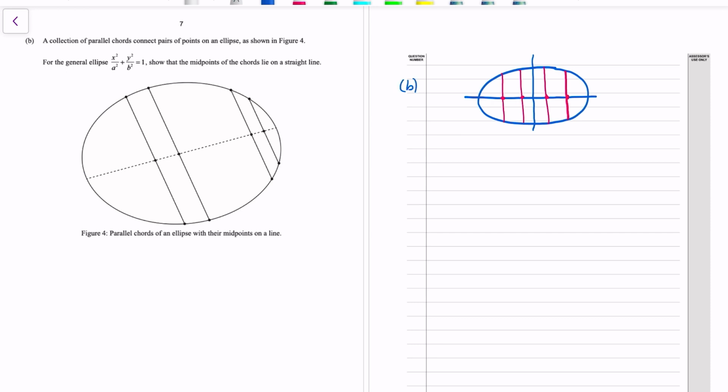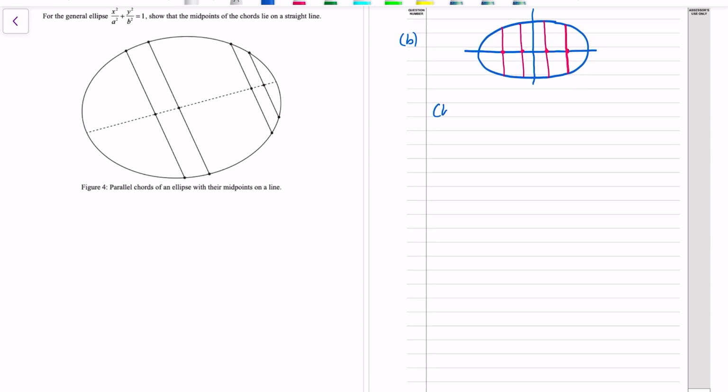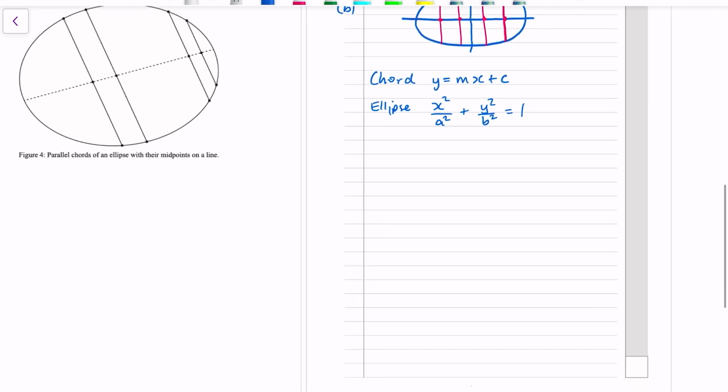Okay, stepping you through what the solution looks like in the answers. The first thing is they consider a chord that just has a straight line equation, y equals mx plus c. Then if we want to find out where that chord meets the ellipse, we just need to solve a simultaneous equation, use the ellipse equation given and sub one into the other. So if I sub the chord into the ellipse,